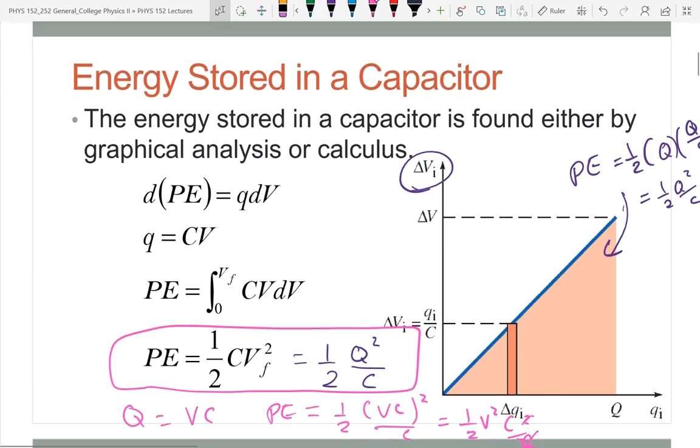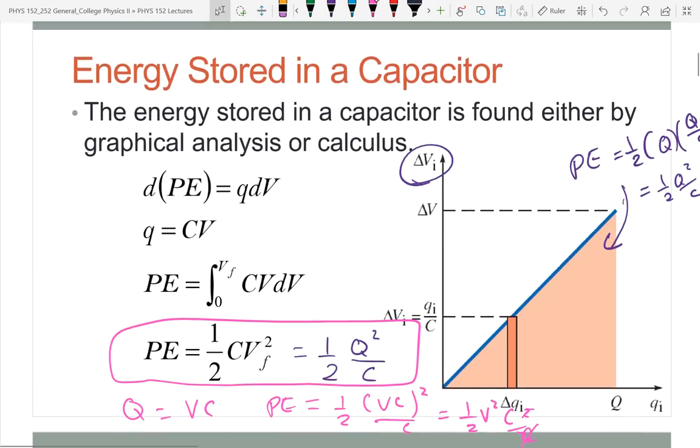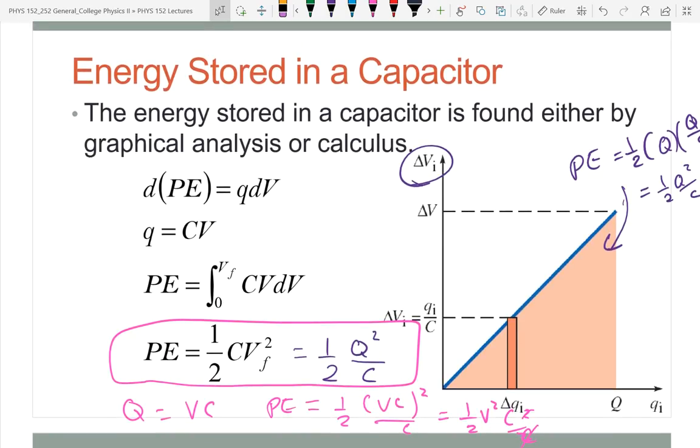So we store energy in a capacitor. When I started the first introduction of capacitors, I said capacitors are items that store energy in the form of an electric field. And I said we could also say it stores energy in the form of a charge separation. Well, here now we've gotten to that end result of how we have the energy stored in the electric field. Now, just an interesting thing,